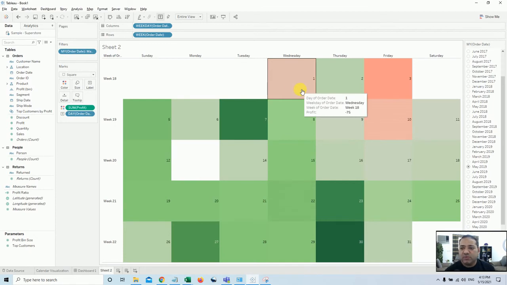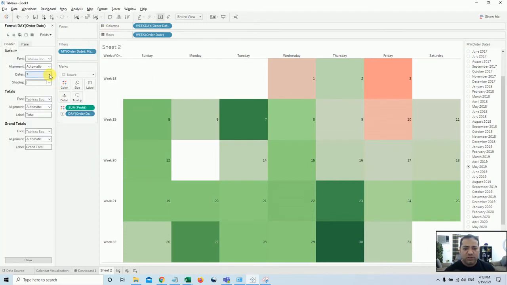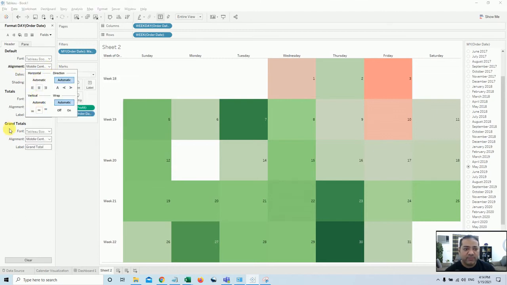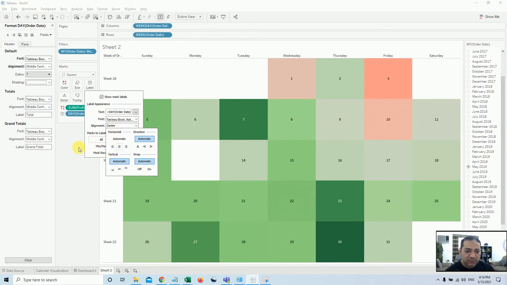If you want to make it more specific or more clean, you can change the format and styling. I'll do some of the styling. We can go to the labels, and from here we can make it bold, and from here make it center, and then again center.